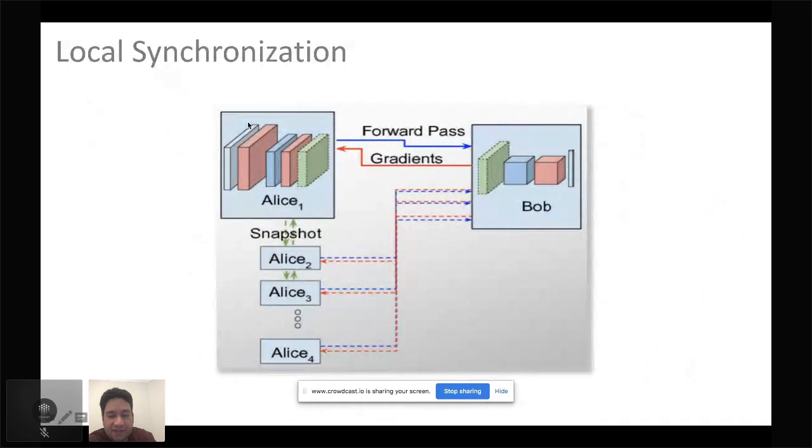So it's still the same picture. There are the clients, the Alices, and there's Bob, the server. The way it works is you're paying in having to synchronize a little more in this architecture over federated learning, but you get the benefit of a lot more efficient performance from a communication, compute and memory perspective.